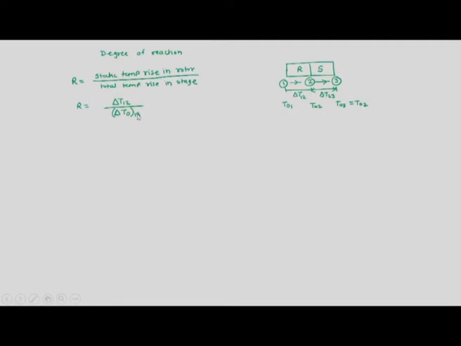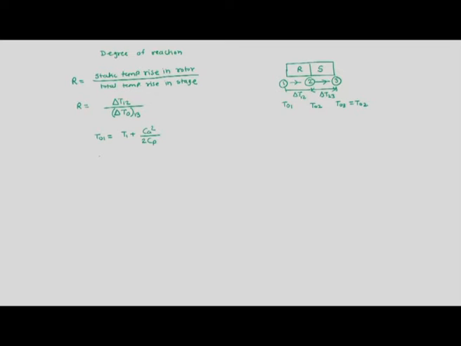We should keep in mind that there is no total temperature in the numerator, total temperature is used only in the denominator, for the fact that total temperature rise takes place only in the rotor, otherwise degree of reaction would have been always 1. So now we will see that we know T naught 1 is equal to T1 plus Ca square divided by twice Cp, axial velocity square divided by twice Cp. This is the total temperature at station 1. We are assuming that the flow is completely axial at the inlet.